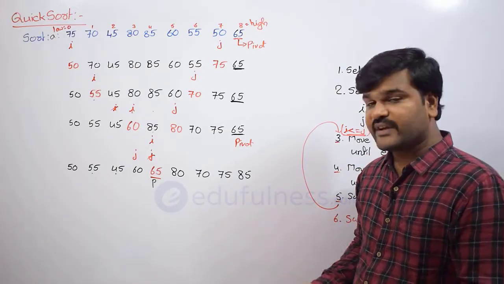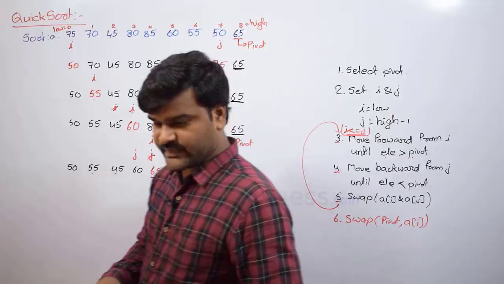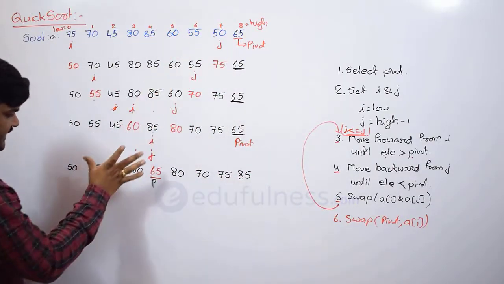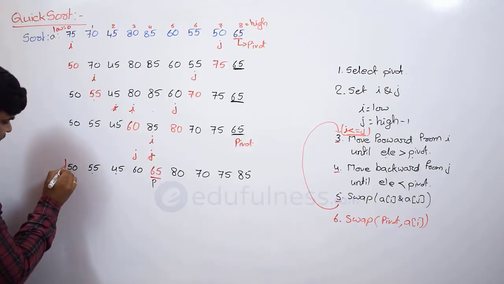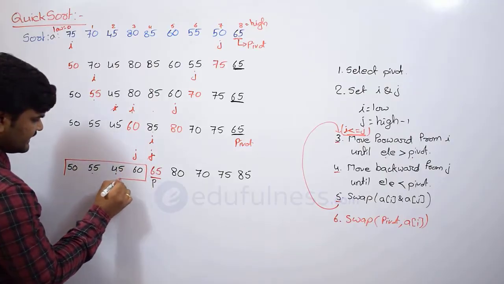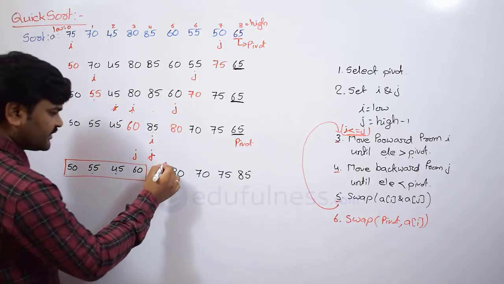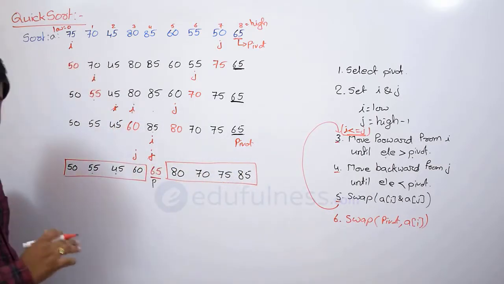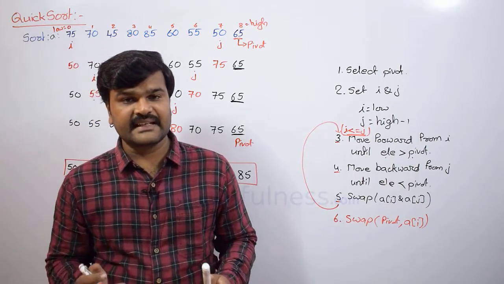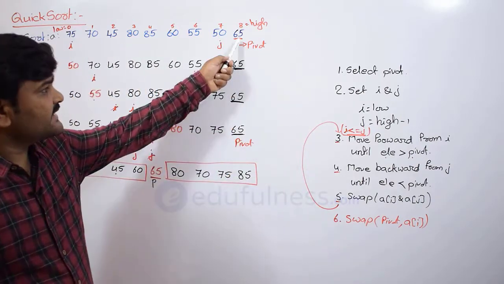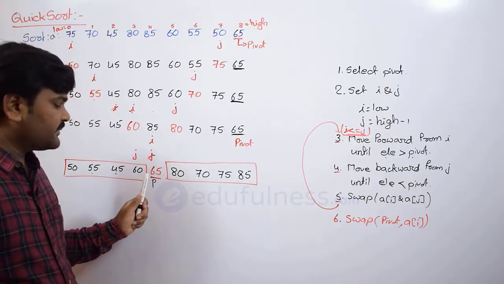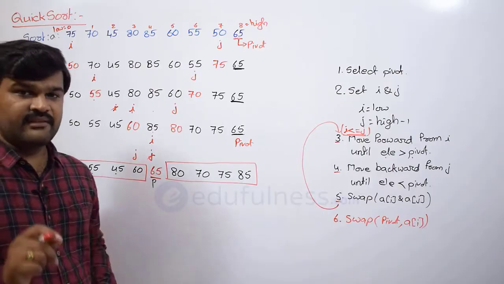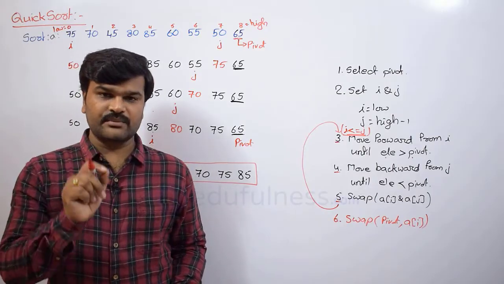And then what will you do next? That is very simple. See, what we did for these 9 elements, same thing we are going to do for these 4 elements, okay, and same thing you are going to do for these 4 elements. That is why this comes under the divide and conquer strategy. So after placing the pivot element, that pivot element may divide the problem into two subproblems. Very important, may divide into two subproblems.